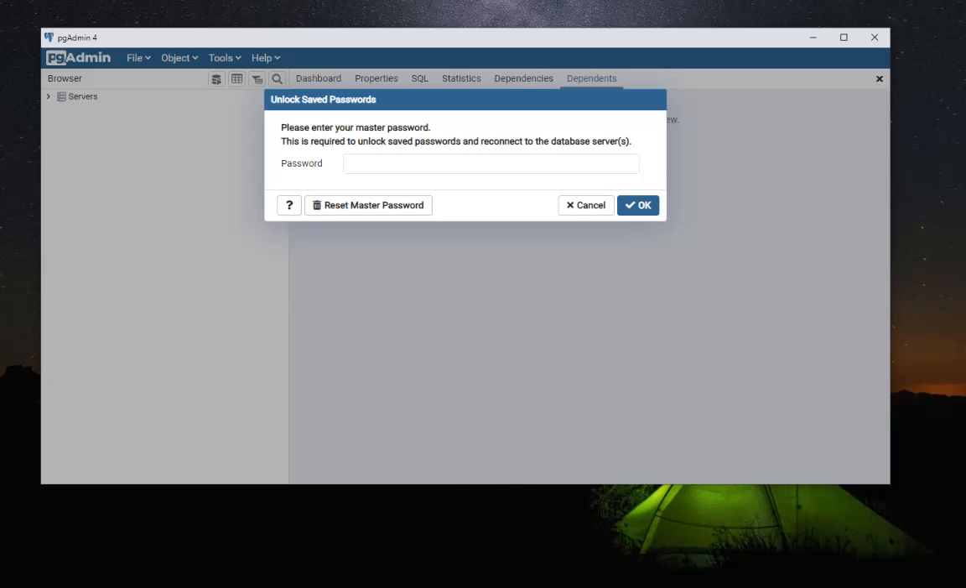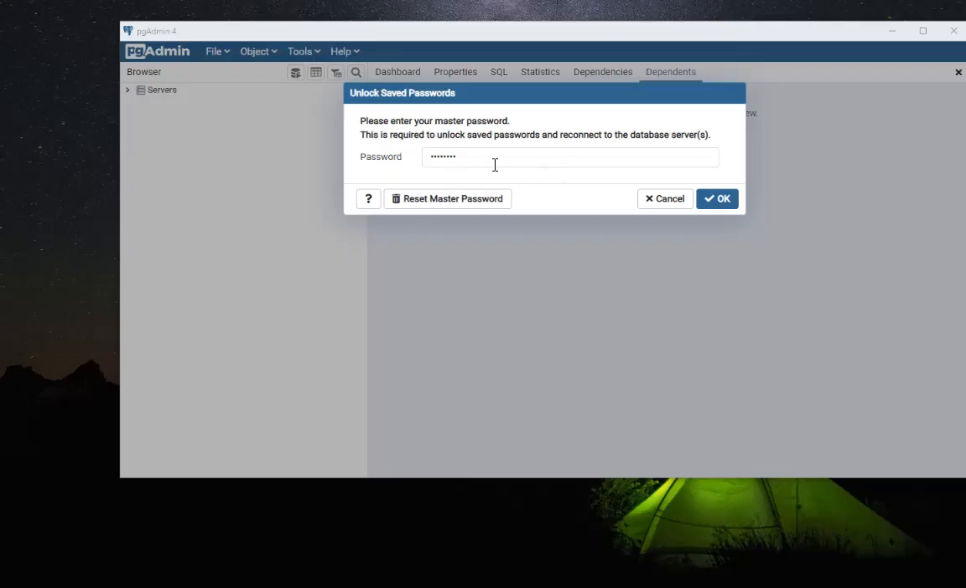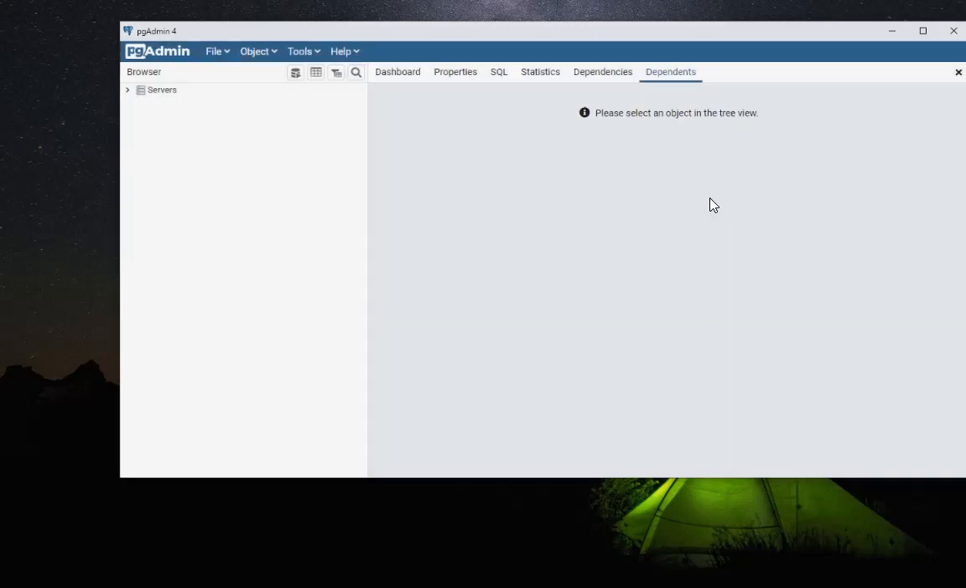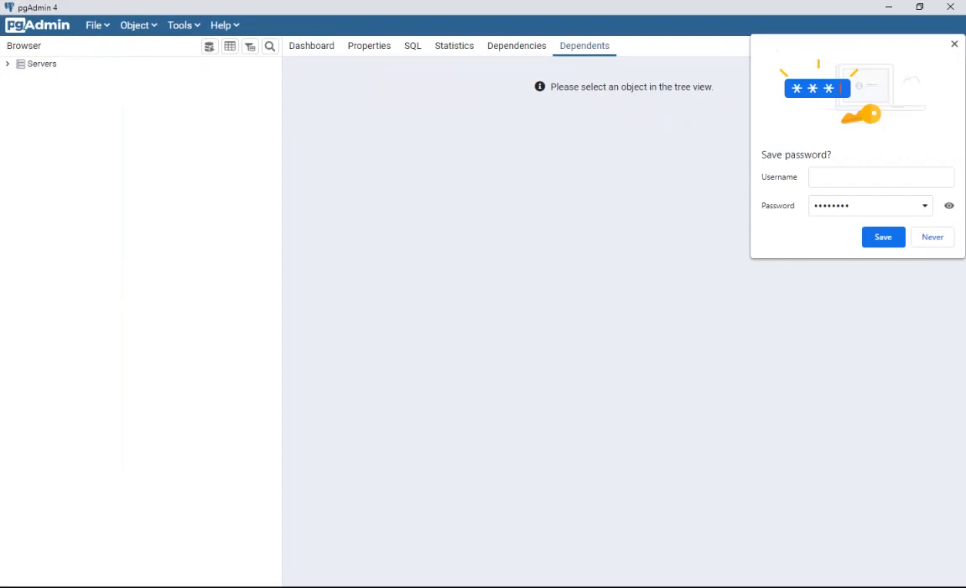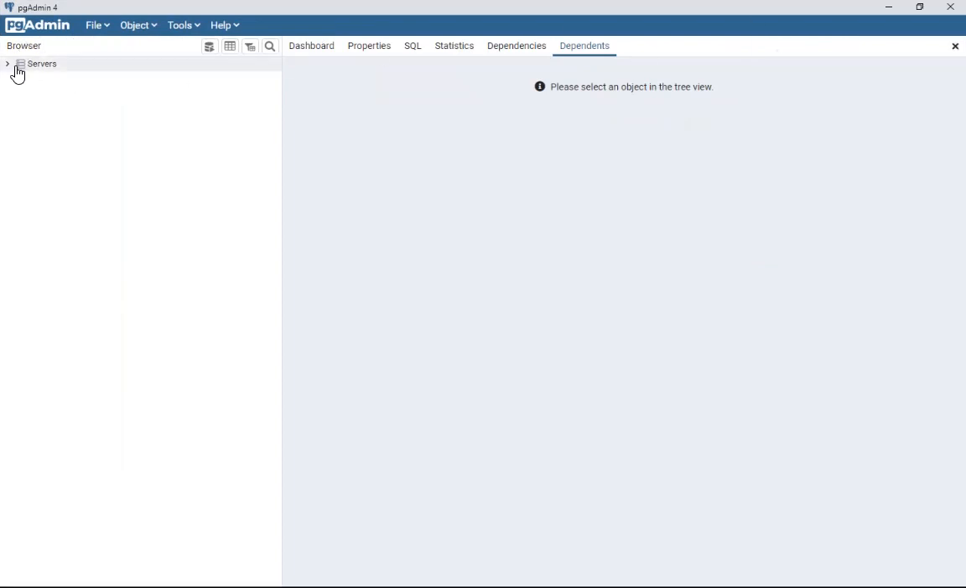I'm going to pause the video and type in my password. And I just realized I really don't need to pause the video, but now that I already entered the password, I'm clicking on OK, and it shows up now. So you can see that there are file, object, tools, help, all this information. But the most relevant to us is here,